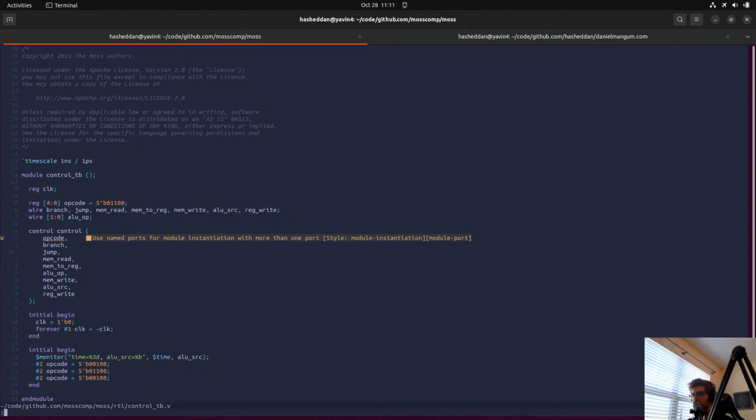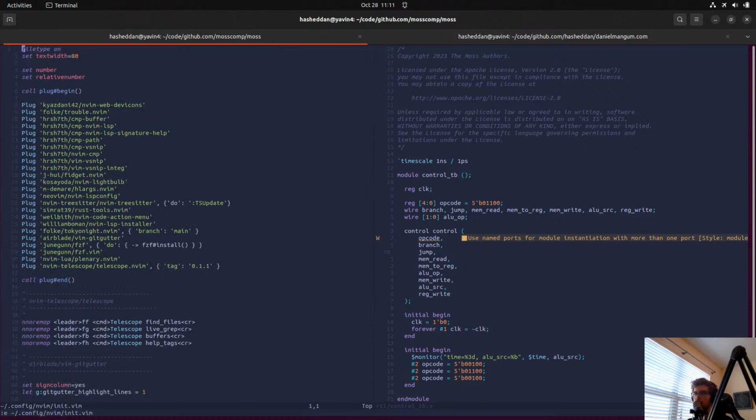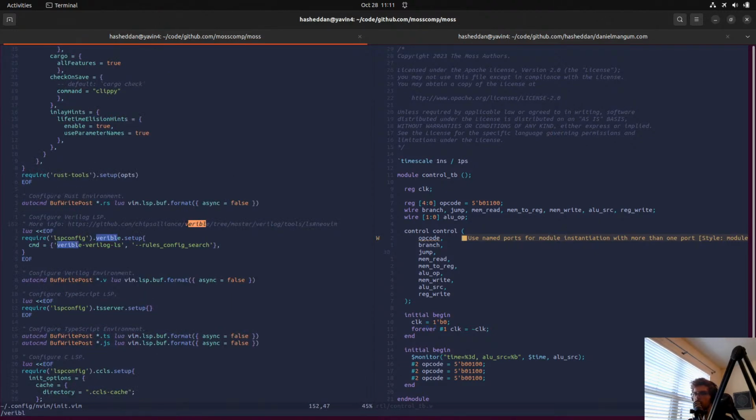But the way this is working is, let me open this up and let's go over to my neovim config, config nvim init.vim, and I have all my plugins from before. And then I think if I look for variable, so this is basically what I added here, that we just want to use the variable Verilog language server here.